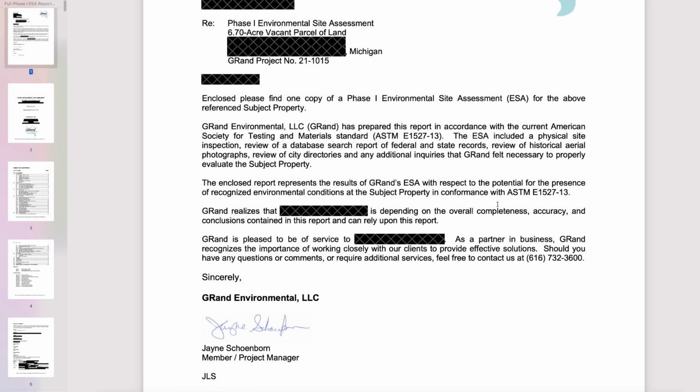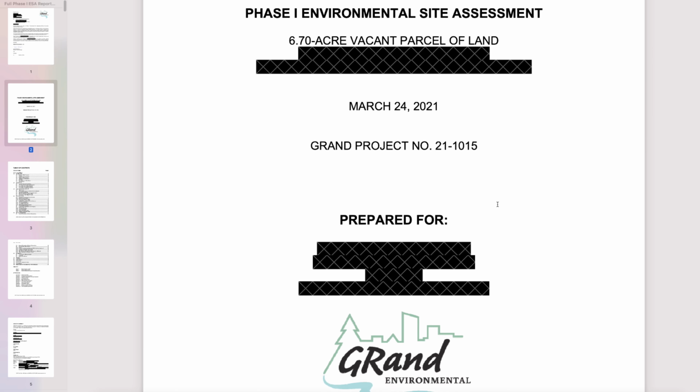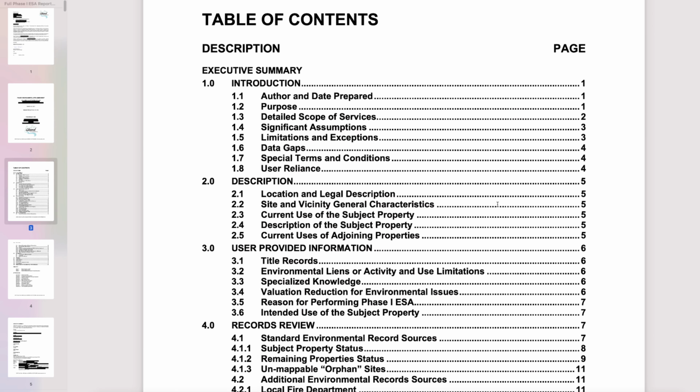A lot of this stuff is boilerplate, I think, where they just fill in specific details about the property in question. Then we go down here. This is like the cover page. It says when it was completed. Table of contents. So the ASTM standard does actually have like a suggested flow of information, and I believe that's